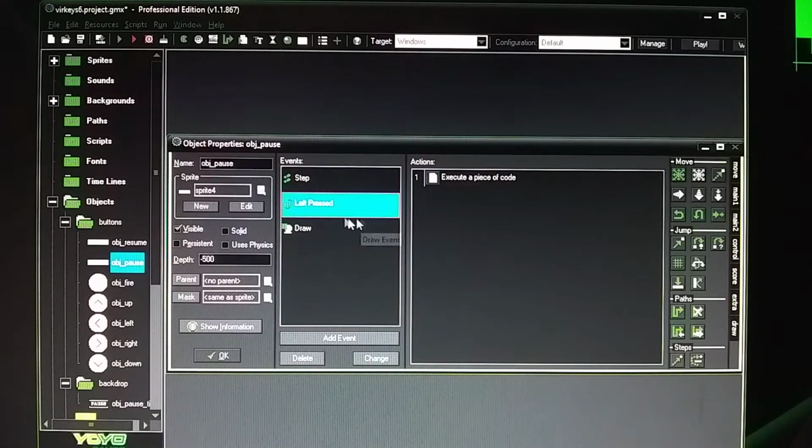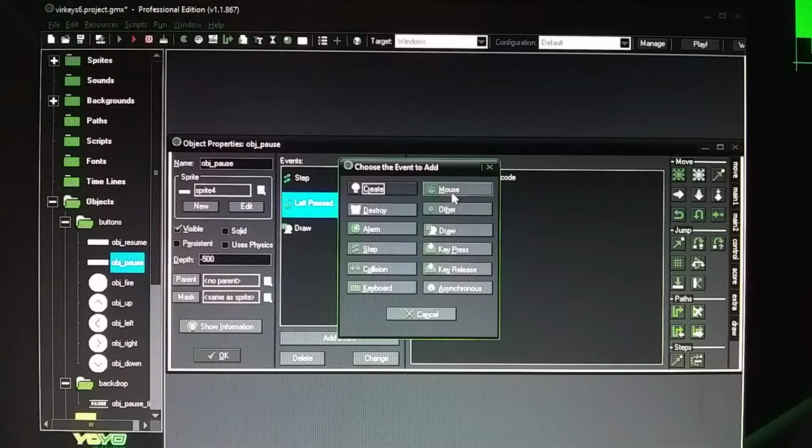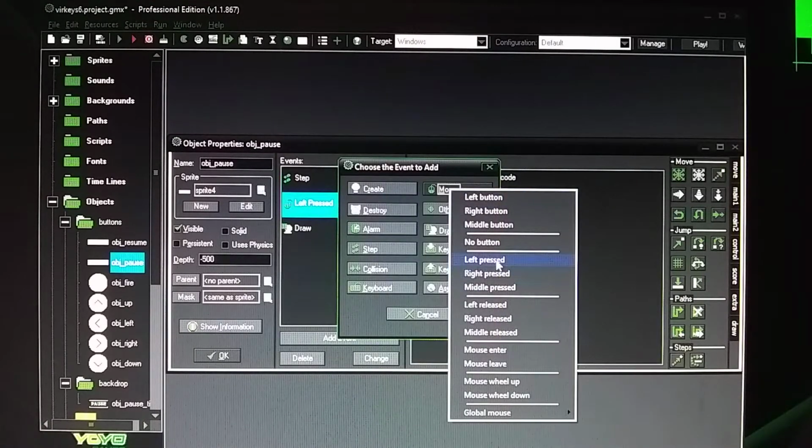left pressed mouse event. So add event, go to mouse, go down to left pressed, because you can't do a right, you can't do a middle, because I've tried it with my phone and my tablet, and it will not recognize anything except left pressed. I don't know why, but left pressed is the only thing that the phone and the tablet will allow. Use any other events, it won't do anything. So use left pressed,